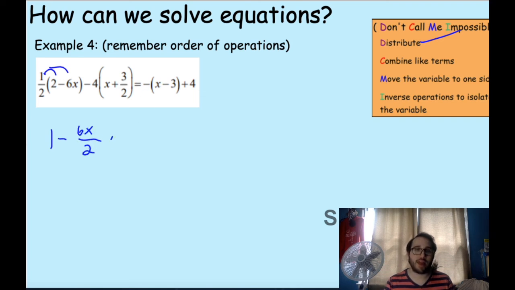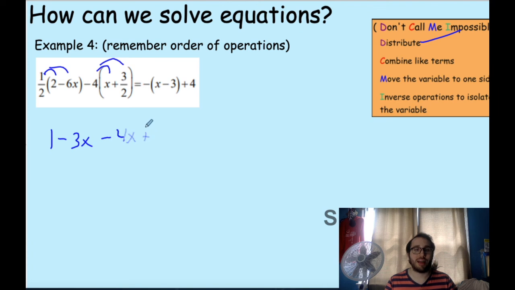Actually, I'm just going to do this. 6 divided by 2 is 3. So this is the same thing as 3x. If you don't believe me, use your calculator. 1/2 times 6 is going to be 3. Minus, we're going to distribute this. So remember, this is a -4. So we're distributing a -4. So it's going to be -4x